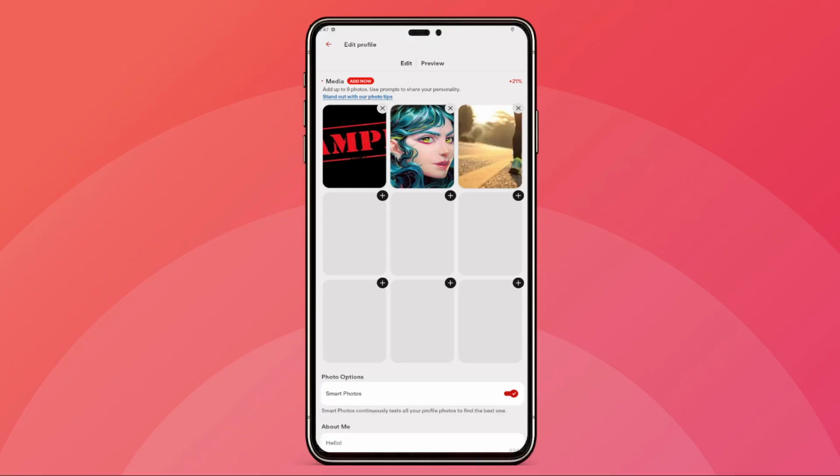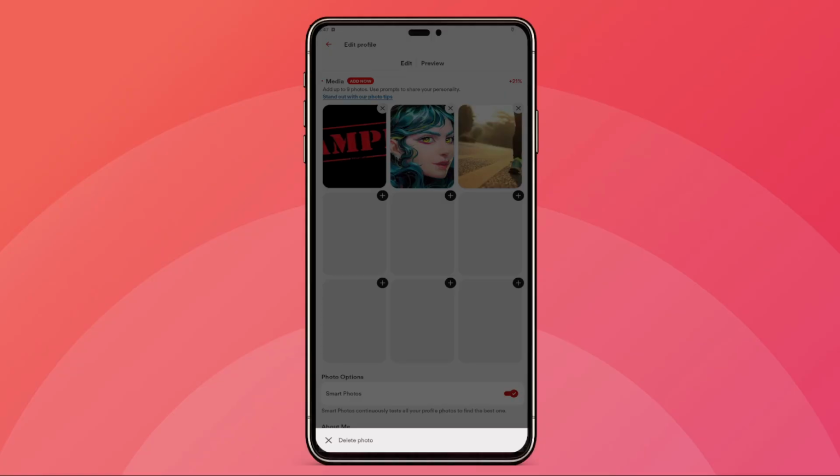When you've decided which photo to remove, simply tap on that X icon in the top right corner of the picture. This action will prompt Tinder to confirm whether you really want to delete this specific photo. It's an important safety feature that prevents accidental deletions, especially since you might have spent time selecting the perfect images